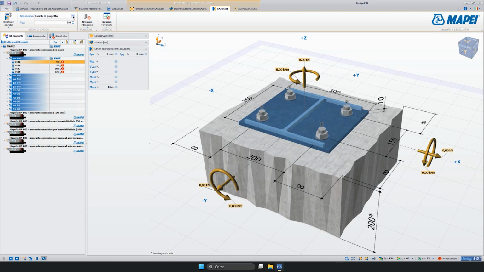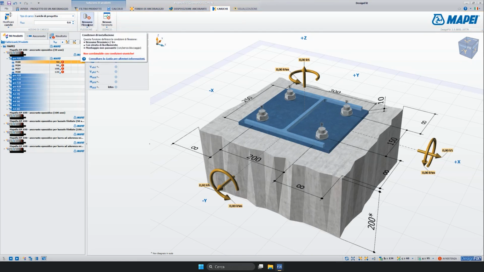Then, it is also possible to define this alpha SUS coefficient, which is a coefficient related to suspended loads, which was recently introduced following the latest revision of the standard. As you can see, the program has a brief description available of what this parameter represents and the relative standards references. In the Installation Conditions section, the user can modify the way in which the anchor is fixed to the